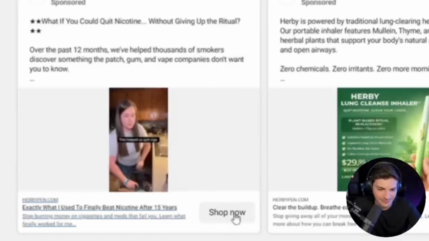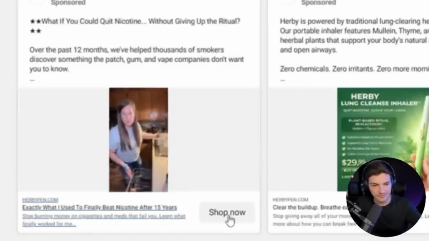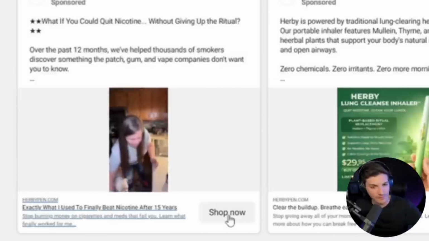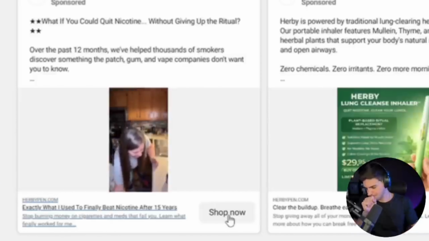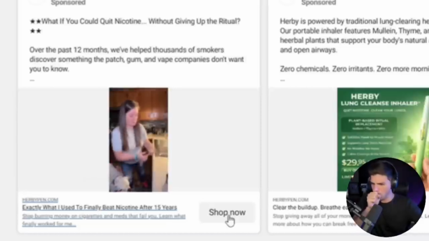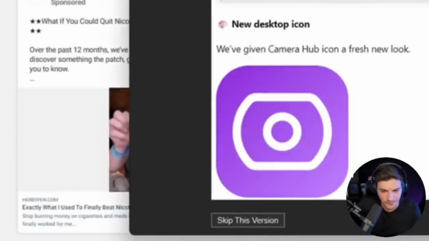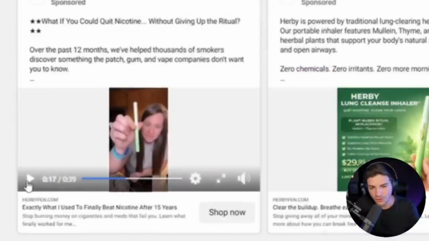It took me 20 years to finally put down cigarettes. Tried to quit cold turkey several times. Never had any luck with it whatsoever. And my husband found this little product here on the TikTok shop. And we bought 2 of them just to see if they would actually help us. It is a little herbal diffuser and it has mullein mint and